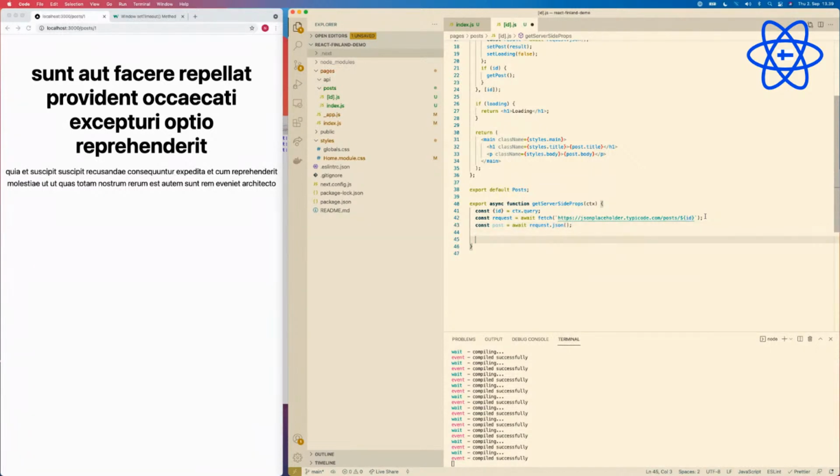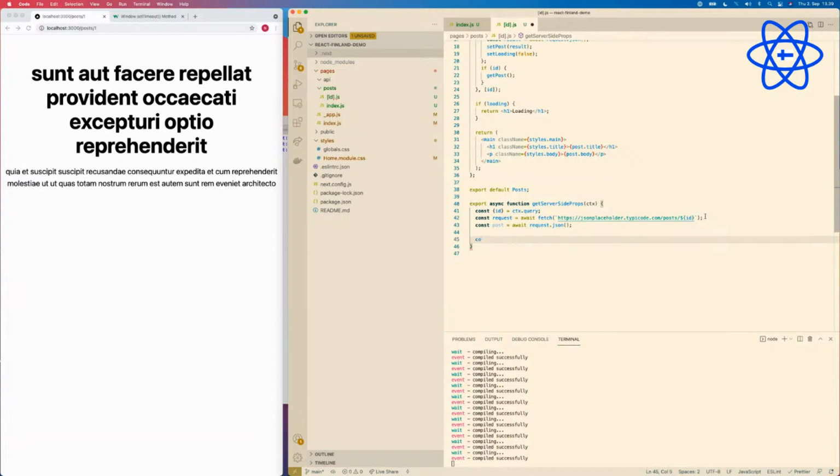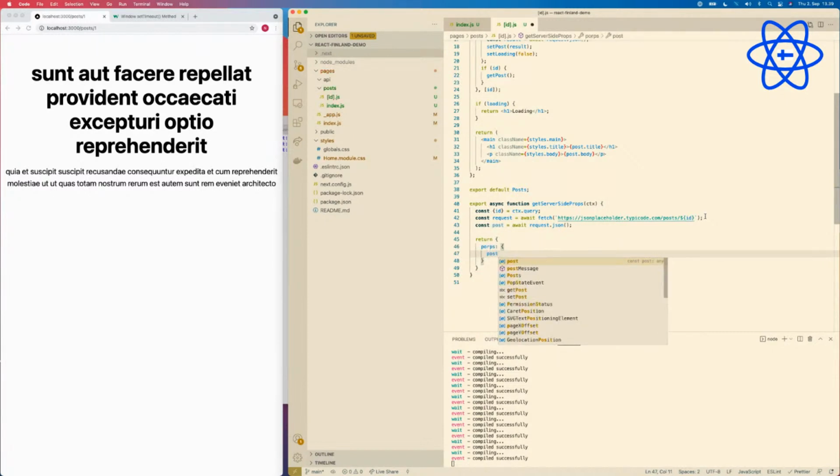And then we are going to be returning that information to our front end, right? So it can be used. And then we want to return the post.